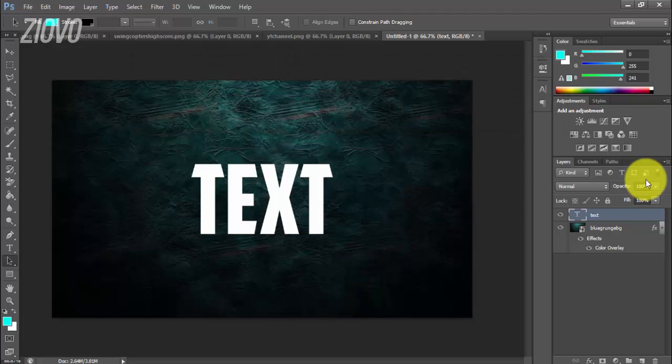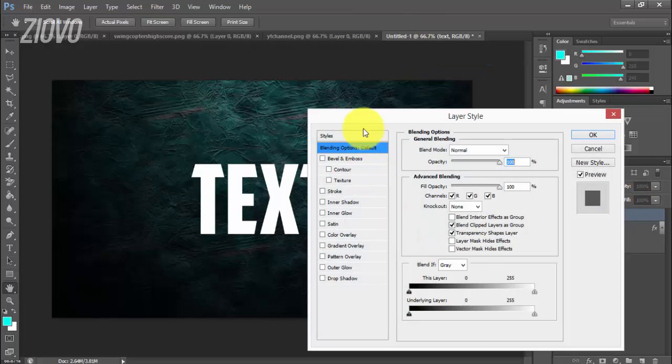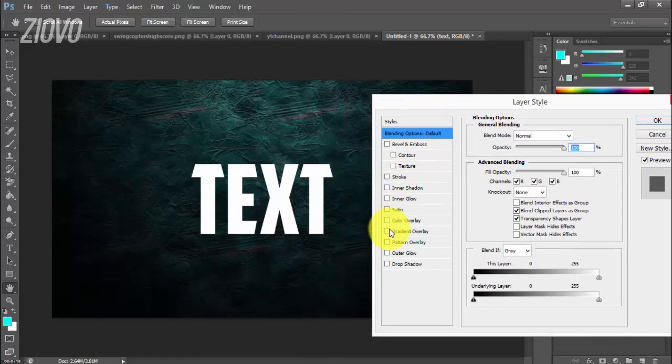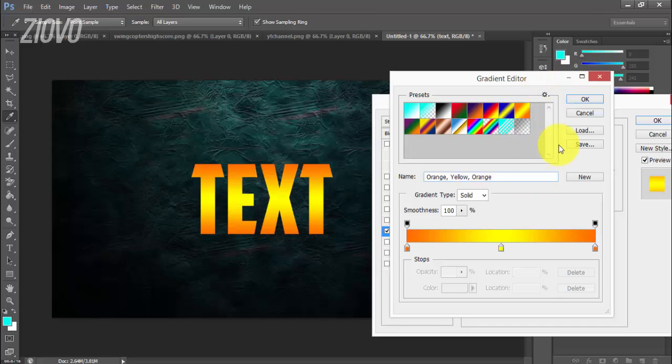So once you have your text centered, you can add some more effects to it, and to do this, just right click on the layer and go to blending options. And here what a lot of people like to do is add a gradient to it. As you can see, there's a bunch of gradients you can choose from. You can do this gradient if you wanted to,